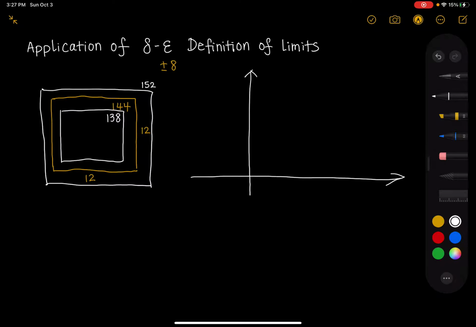So this function is, we know the area of a square with side length x is just x squared. So we're going to plot the side length x and the area A, and it should be a parabola. Assume that this is a point of interest. Right here is exactly 12 cm, and we have 144 cm